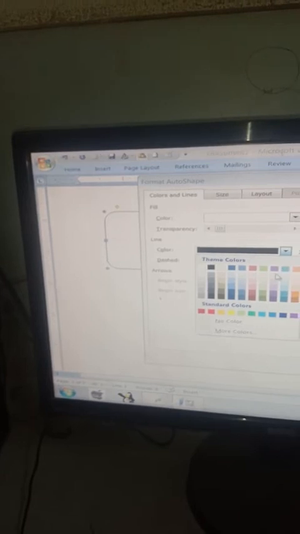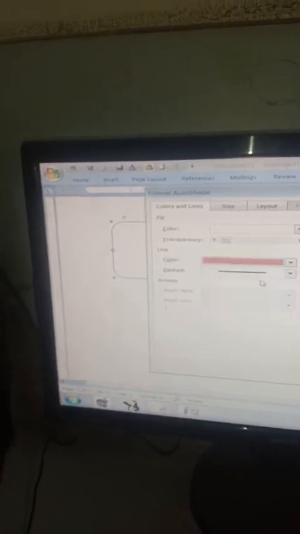Suppose I have selected this blue color over here, and then I have clicked on OK. Look, the outline color got converted to the color that I have selected. In order to apply more formatting effects to the particular shape, move to the format tab. As soon as you move to the format tab, different types of options become available.